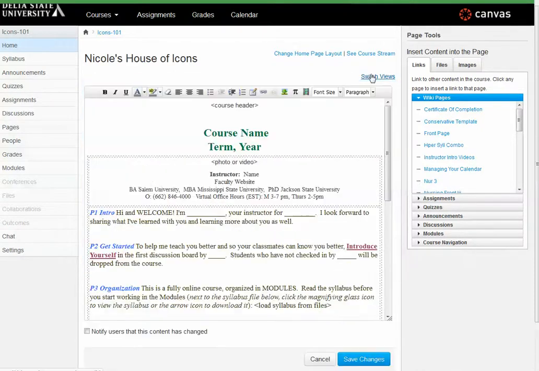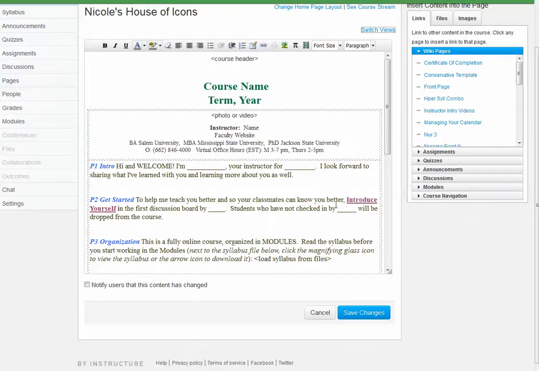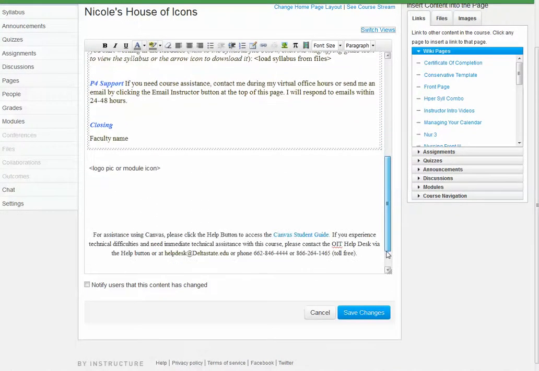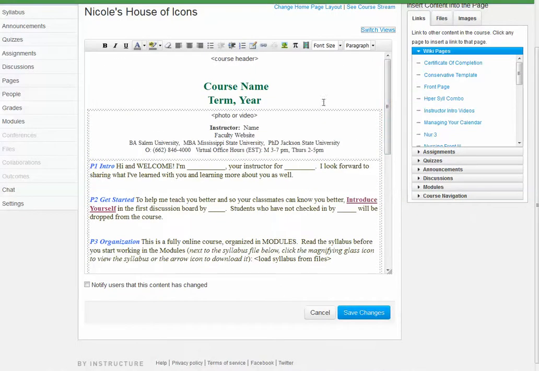so that when you come in, you will see a page that looks similar to this, and you'll have several options that show you where you need to complete building your page. We'll start with the very top where you see Course Header. The course header should be a banner or program header that indicates the course material or the academic department you